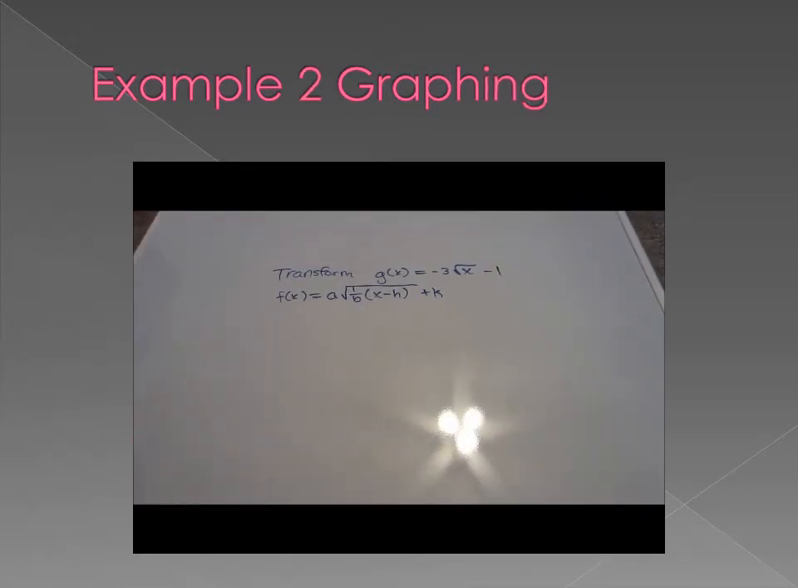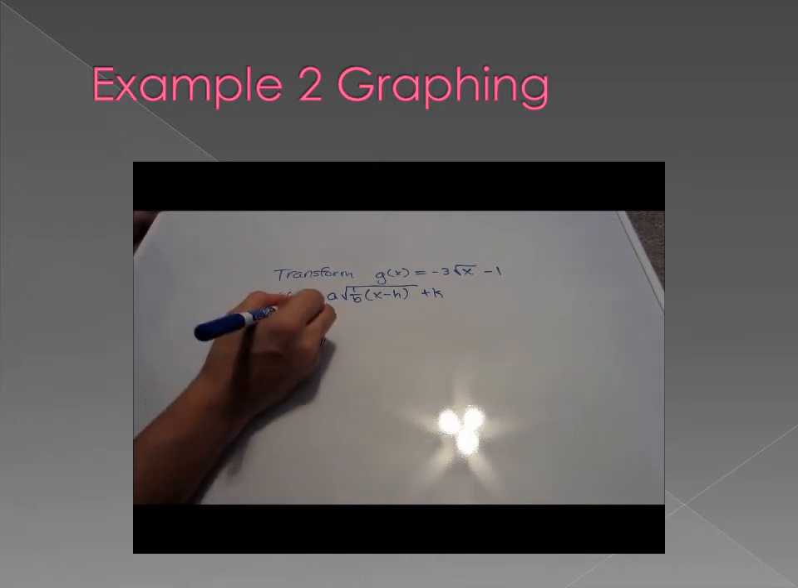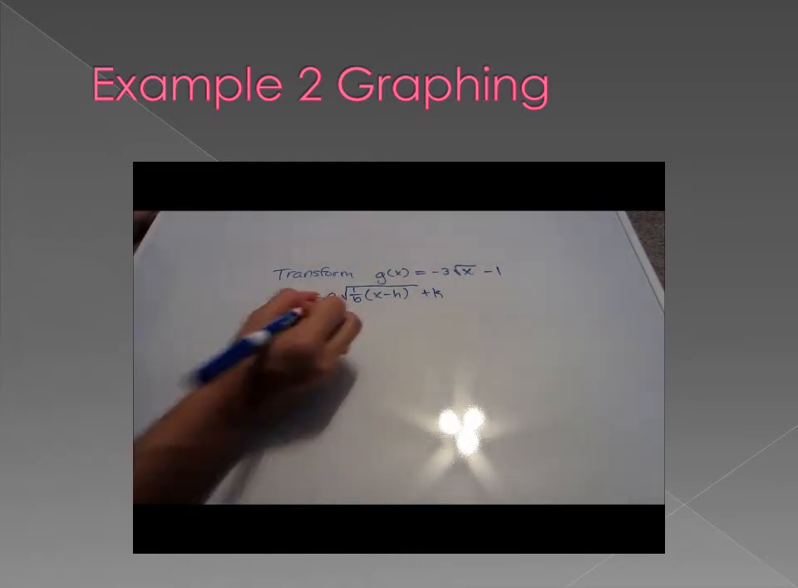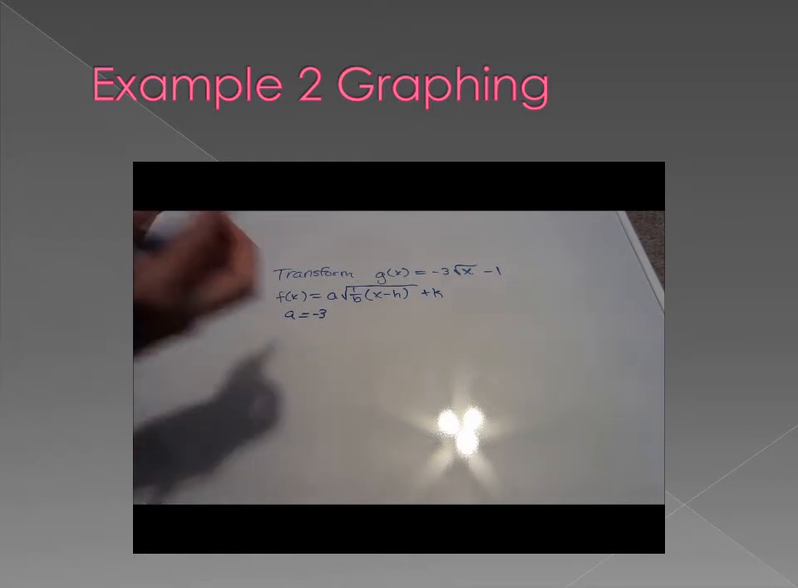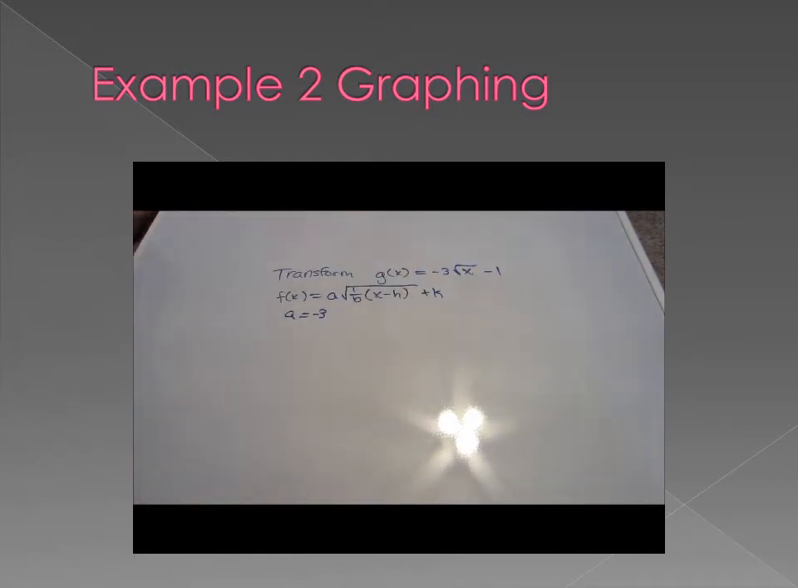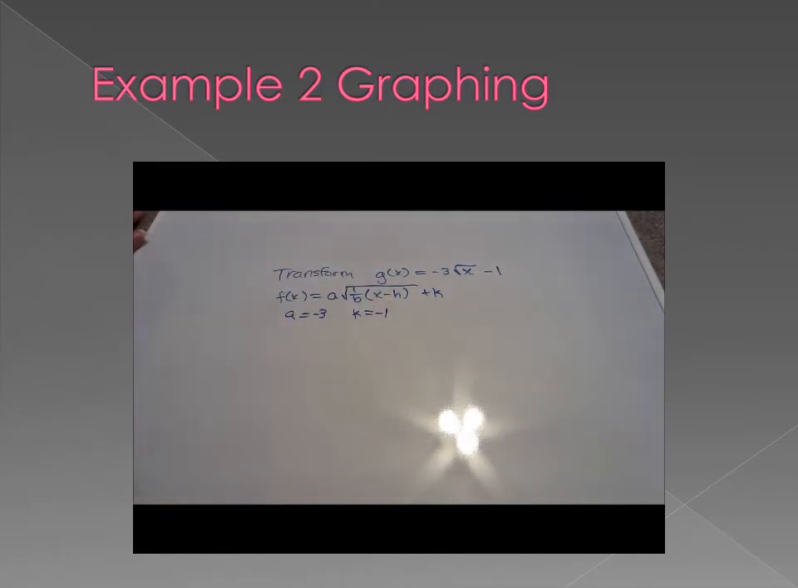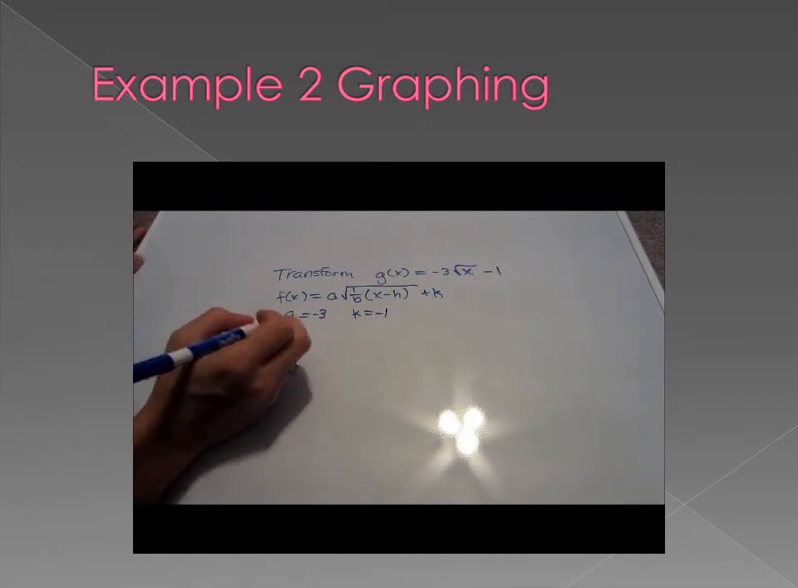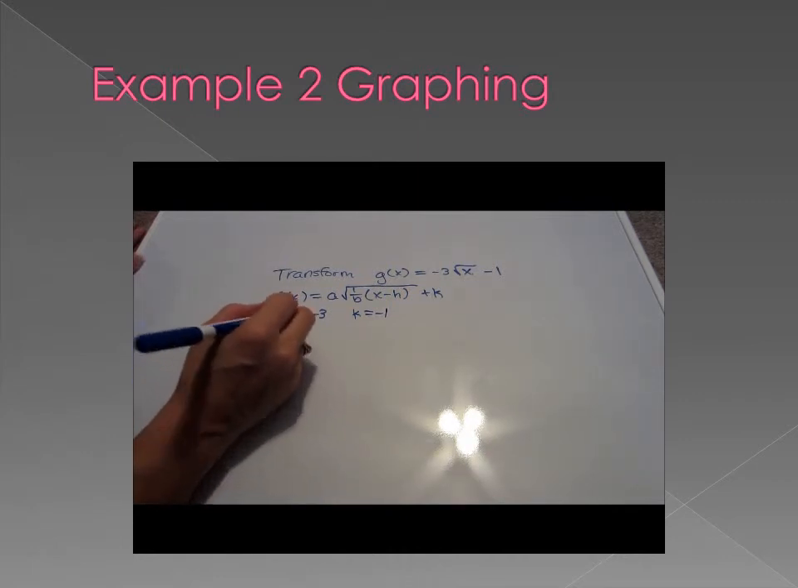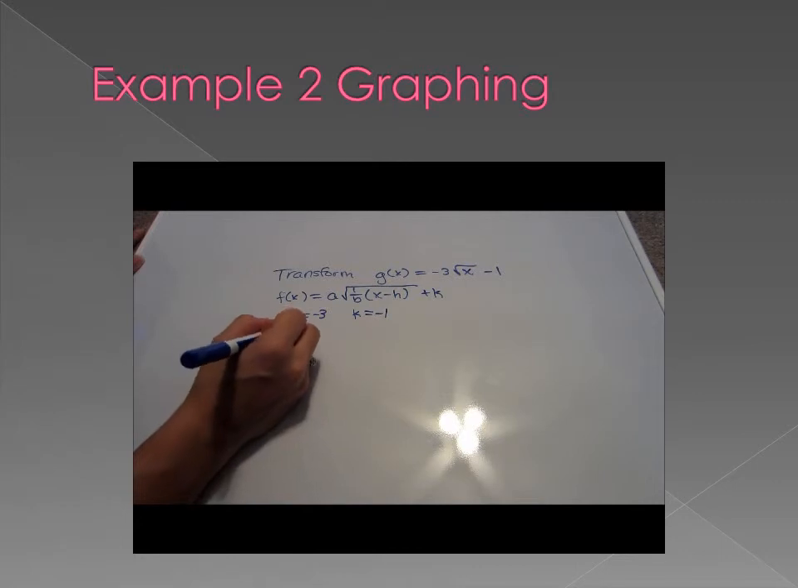Okay, for our last example, we're going to transform g of x equal to -3 times the square root of x minus 1. And here's our formula that we're going to go ahead and use. So a, in this case, is -3. That's the number in front of the radical. There is no h, or h is 0. And our k is -1. This means that we're going to, first of all, be rotating around the x-axis. We're going to be flipped over. So we're going to be reflected